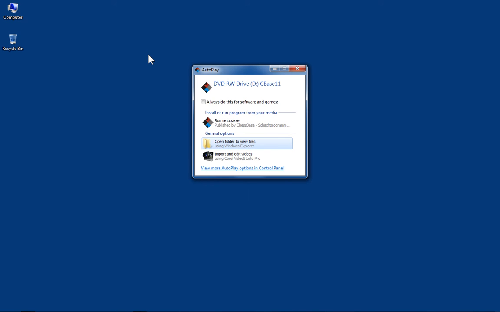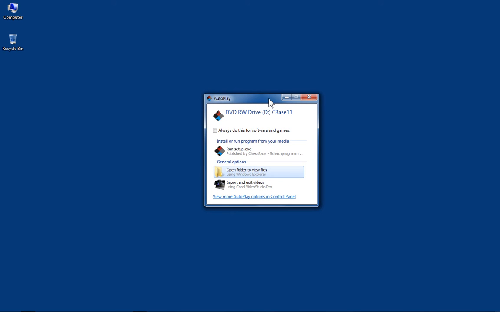Okay, we've got the new Chessbase 11 disk direct from Chessbase, and what we need to do is to find out how to install Chessbase 11 onto your computer. So first of all, when you put the DVD into the disk drive of your computer, you may well get a window that looks something like this, the autoplay window. Don't worry if you don't get that,